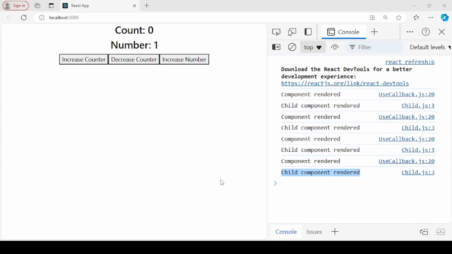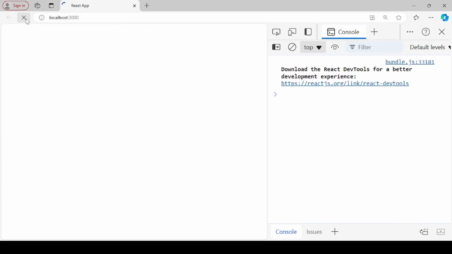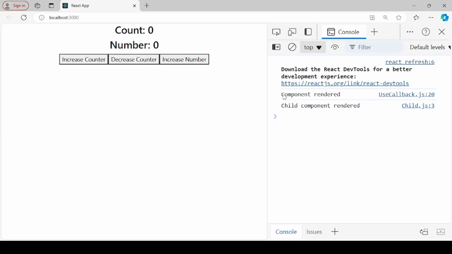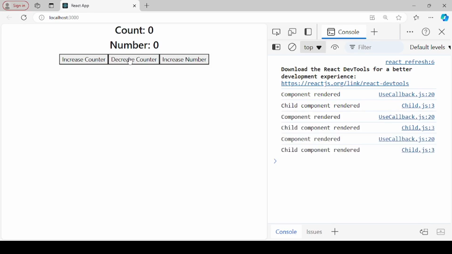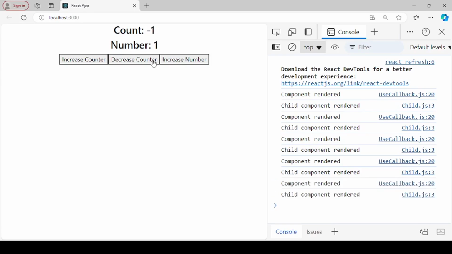Let's take a look once again. I'm reloading. For the very first time, both parent and child components are rendering. Whenever I'm clicking on any of the buttons, both the components are re-rendering every time. This results in performance issues. It's okay if the parent component is re-rendering, but there is no need for the child component to render again